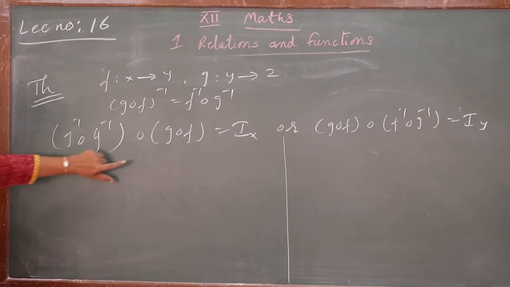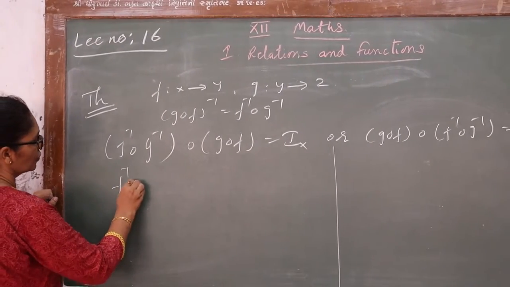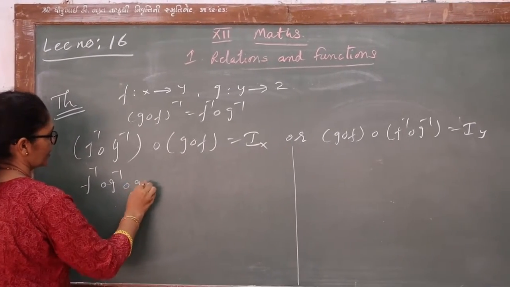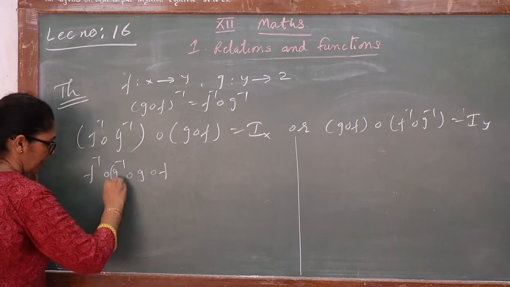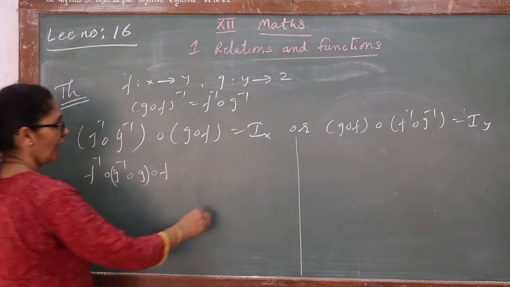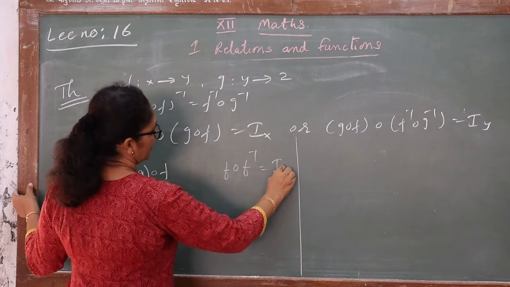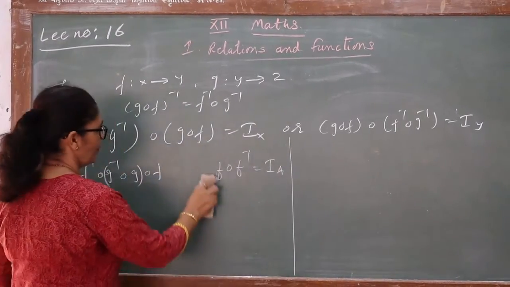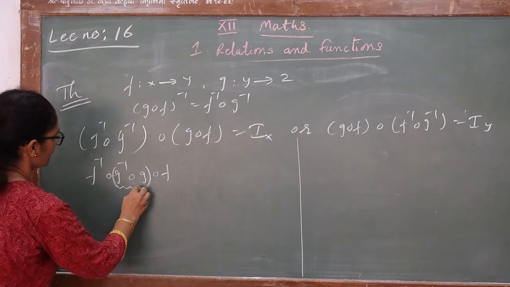Okay, let us start the proof of the first part. What is it? f inverse over g inverse. Now I split this over g over f. Why have I taken these two together? Because we have a function and its inverse, which shows identity. So we are using this concept of the identity function, and we have taken a combination of these two.